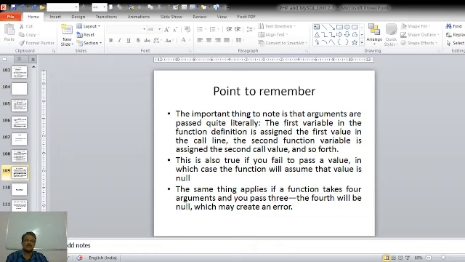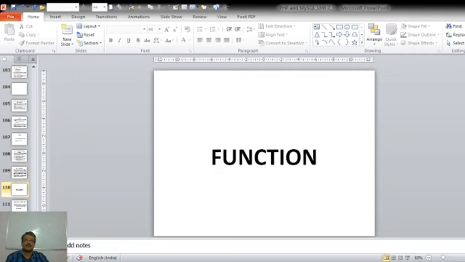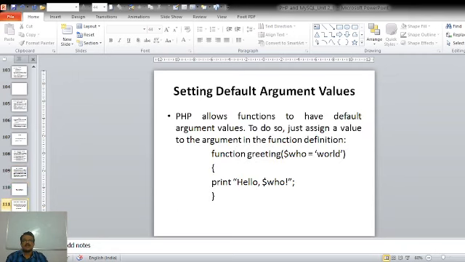Means the first variable of the function definition will be assigned the first value in the calling line. So whenever we call the function, whatever the first value is, it will always be assigned to the first argument variable. Okay. So this is how we deal with functions that accept parameters. In the next lecture, we will see how to set default argument values for a function.